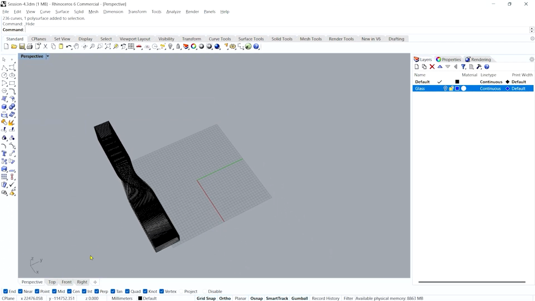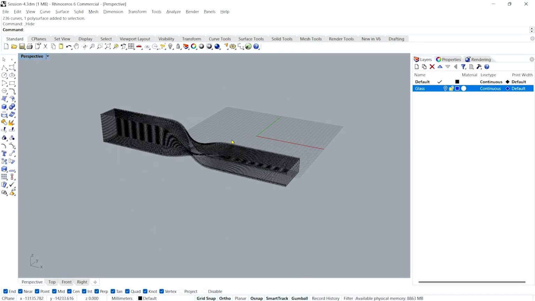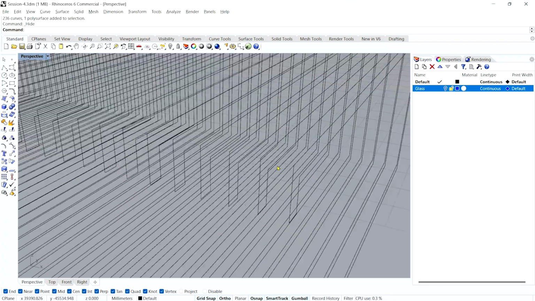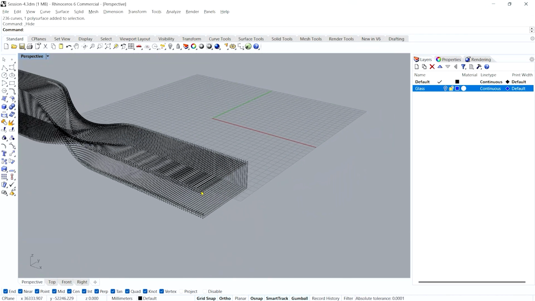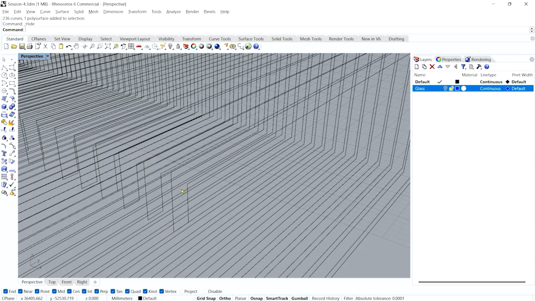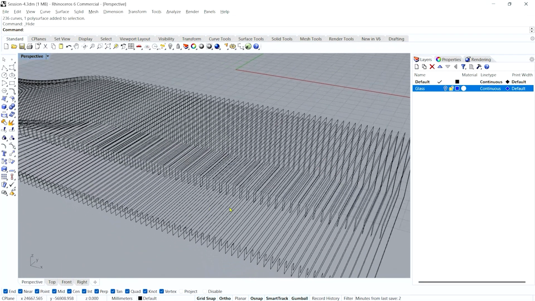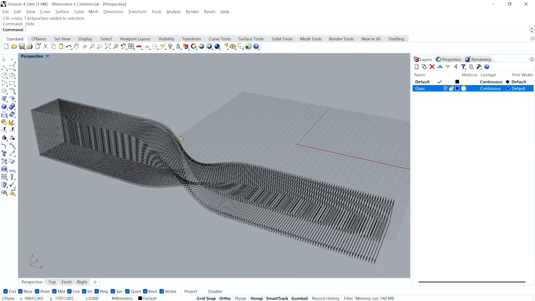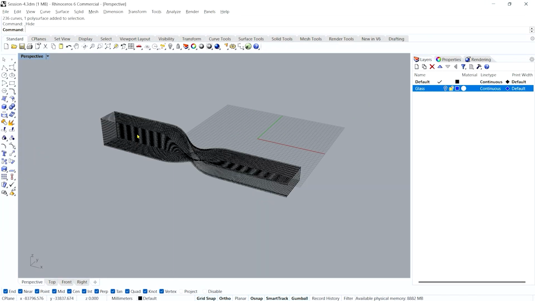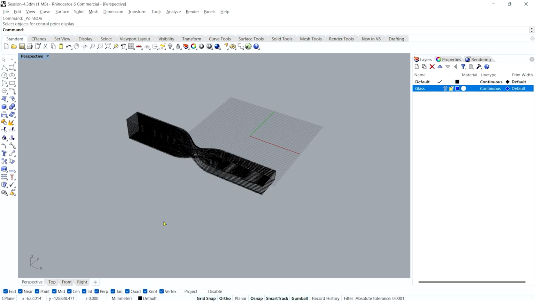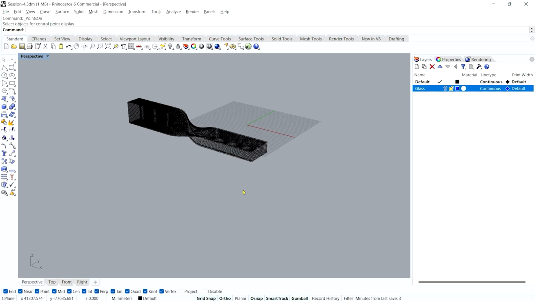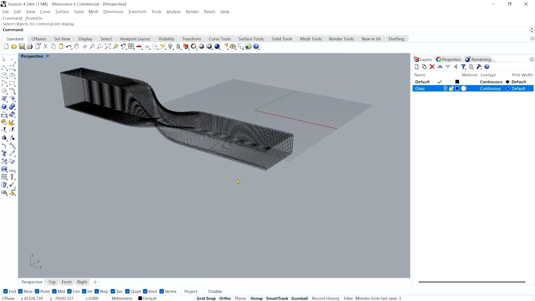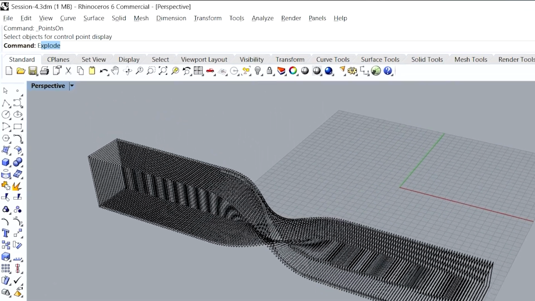Okay. Now this is the thing which we will be working on. What I want to do next is I want to give thickness to these surfaces. I have the intersection, I have the outline. Now I want to extrude these things. So for that, as these are curves and I need to extrude them, I will use the extrude curve command,